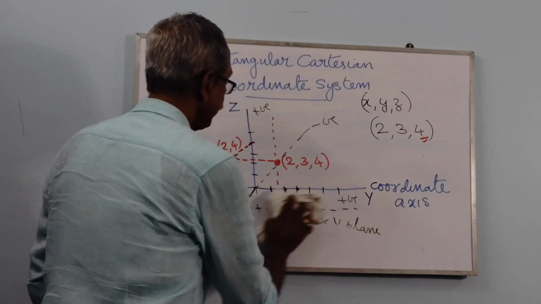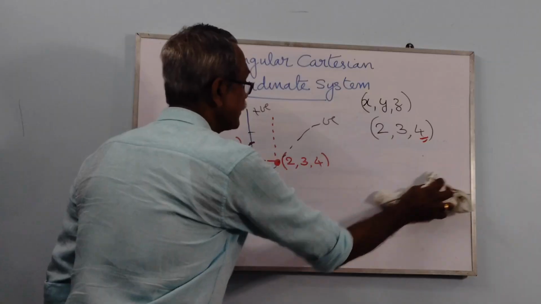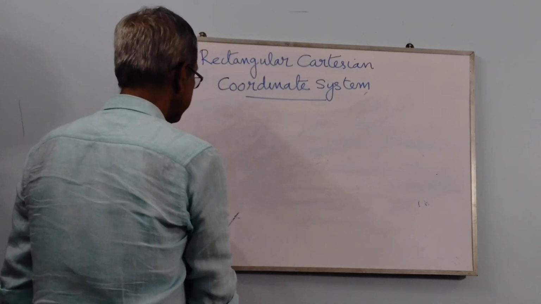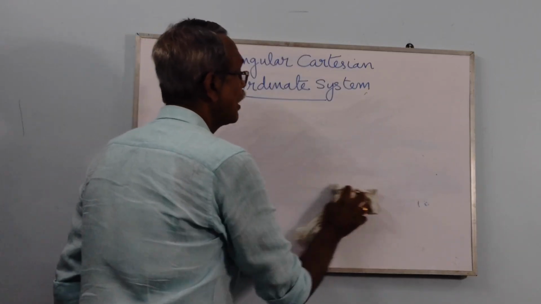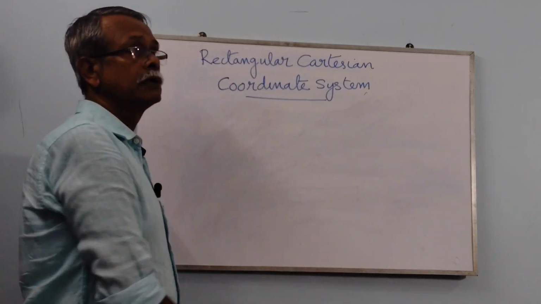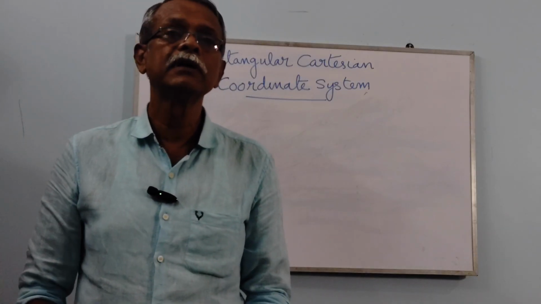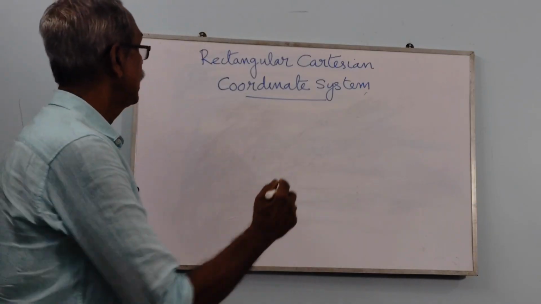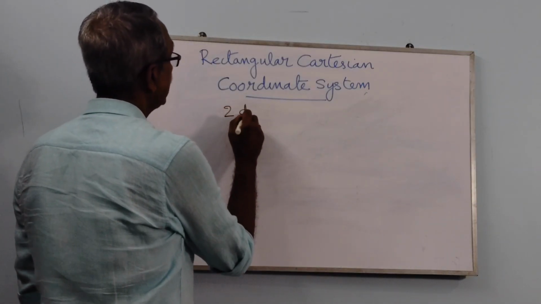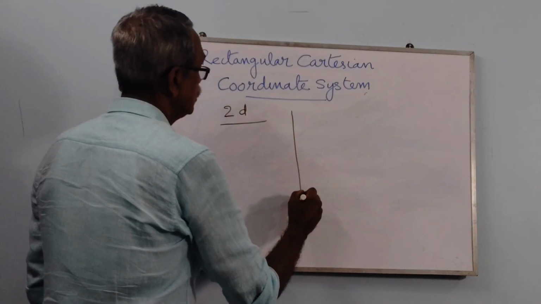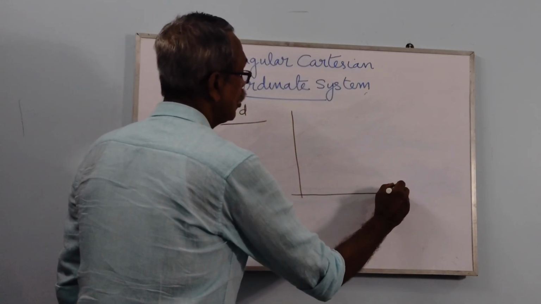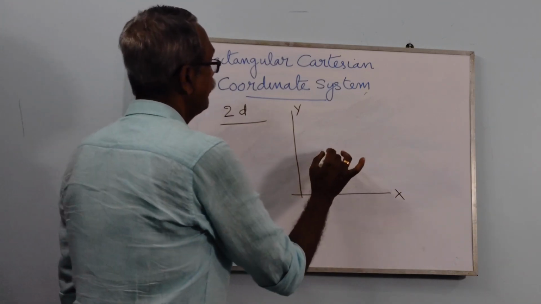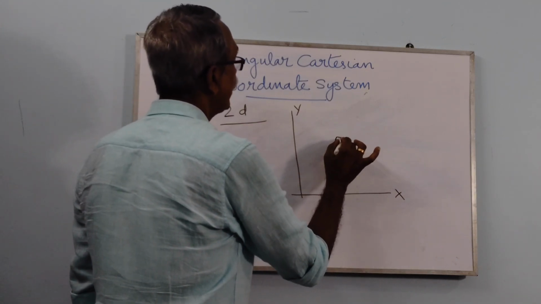In the case of the two-dimensional coordinate system, in most of the cases in our lessons, we will have to consider only 2 dimensions and 1 dimension. 3 dimensions come occasionally in questions, but we don't usually need to plot that. Usually we will plot the 2-dimension case. In 2D, you have a horizontal axis which we call x and the vertical axis we call y. Then if we mark this point as 5, 7,